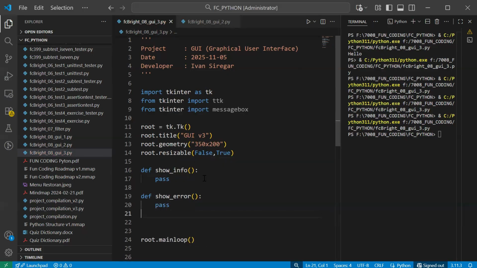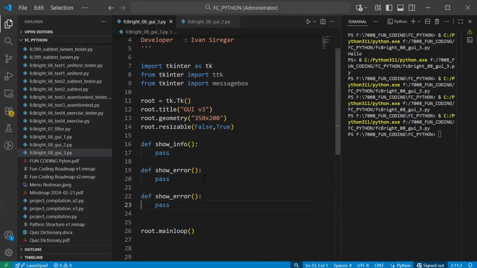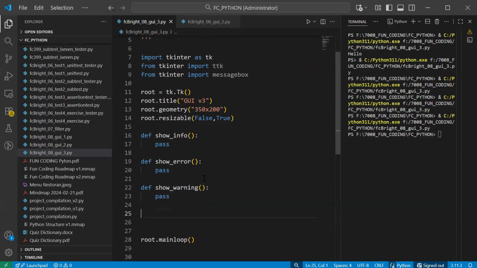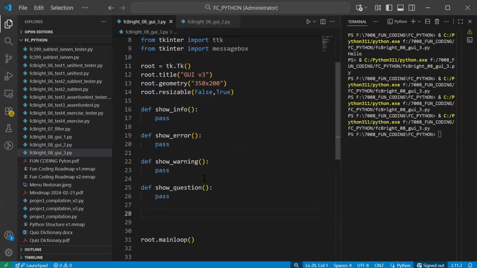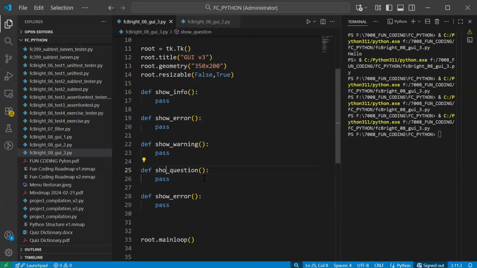Then we copy: show info, error, warning, and then show question. All pass. Later on we will write the code there. No question here, but ask question, for the OK and cancel option.